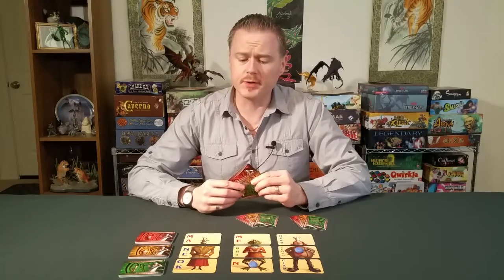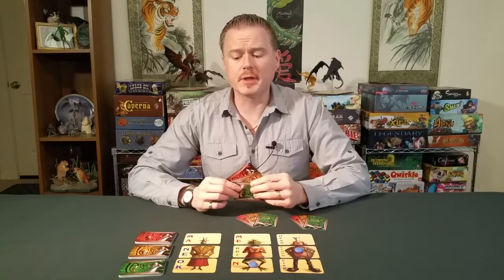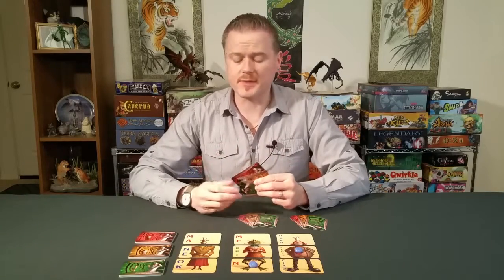Next, the player on their turn gets to pick one of the 3 colors in the game. Now there's 3 colors: red, green, and blue. And what you're basically going to do is you're going to name a color and pick up all the cards of that color. But what you can do before you make the announcement of that color is, if you want,